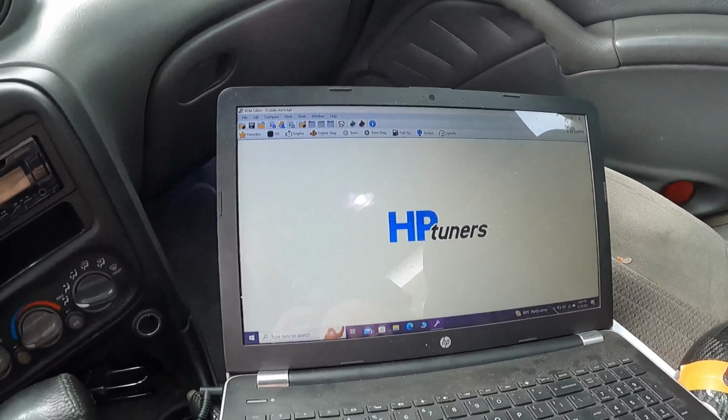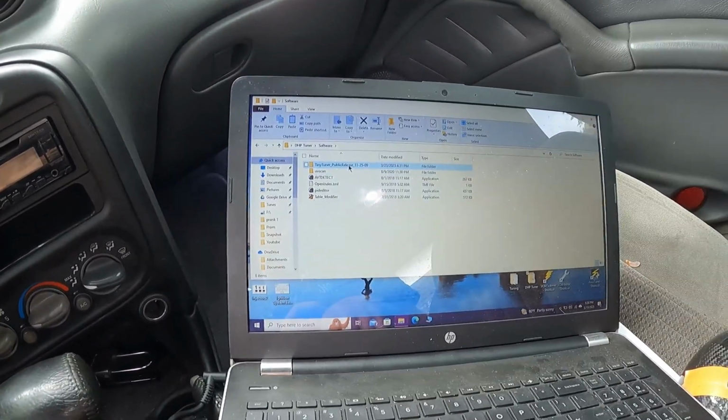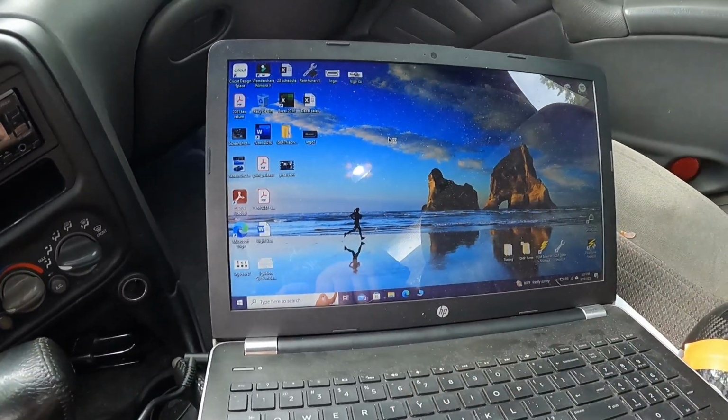99 to 05. Someone may have to verify for me, but I believe the 4 cylinders are probably the same way. I've never messed with a 4 cylinder, so I couldn't tell you for sure. But all the V6s, 99 to 05, SCGT, whatever, are all tuned the same with the fans. So I will close this out and we will switch over to TunerPro, and hopefully with DHP read